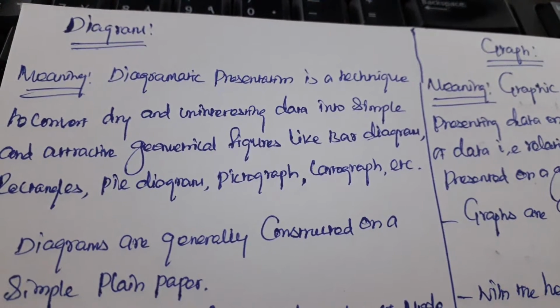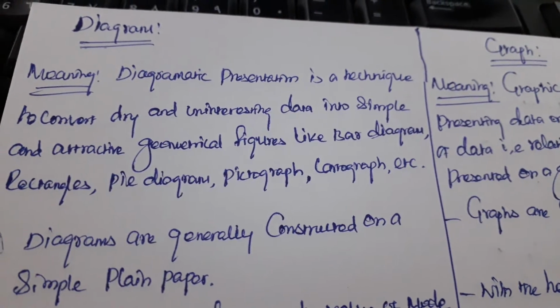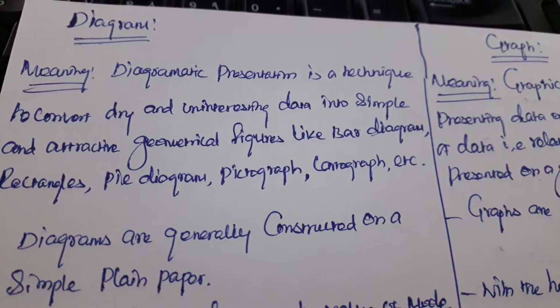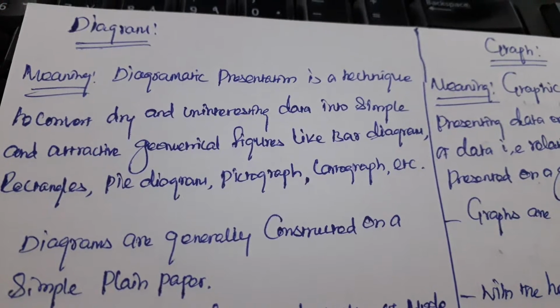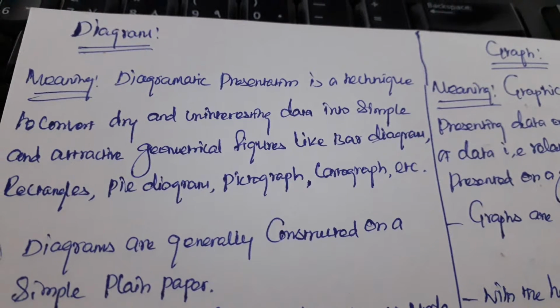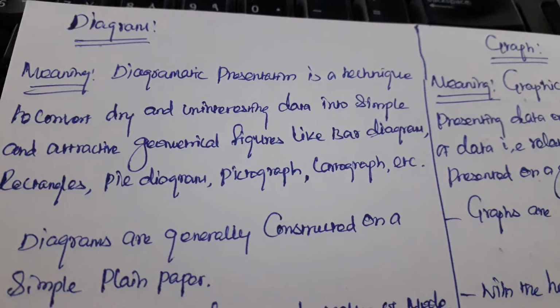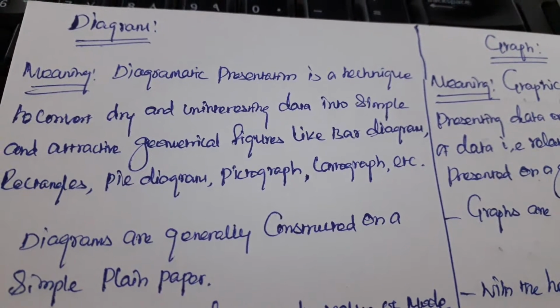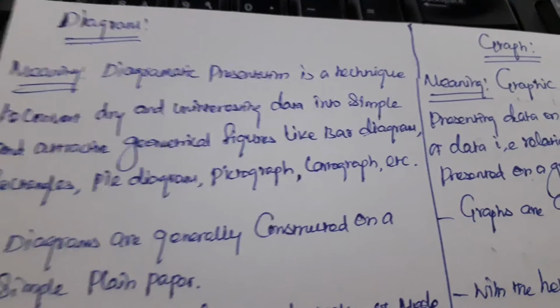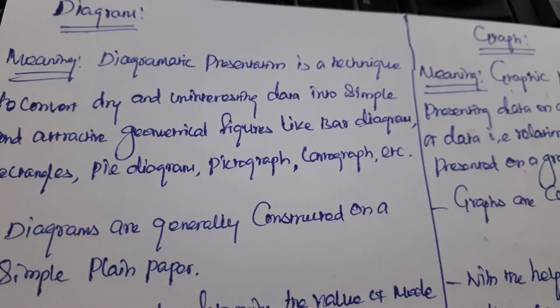Diagram means, if you have raw data, we need to convert it in a simple and attractive manner. For that, we need to use some geometrical figures such as bar diagram, rectangles, pie diagram, pictograph, and cartograph. It is a diagram. Whereas a graph,